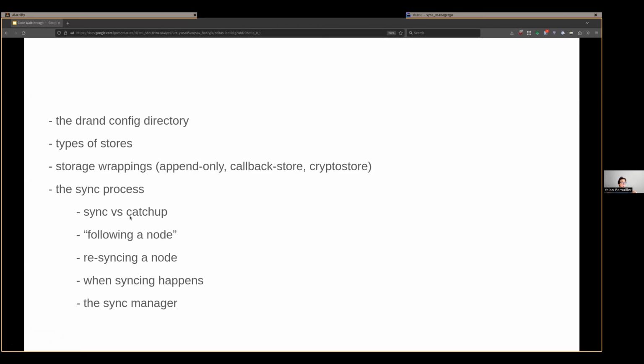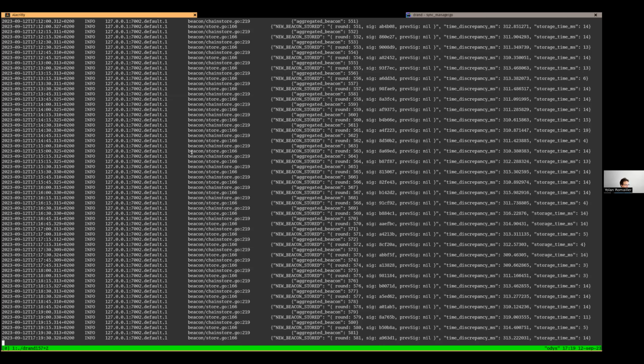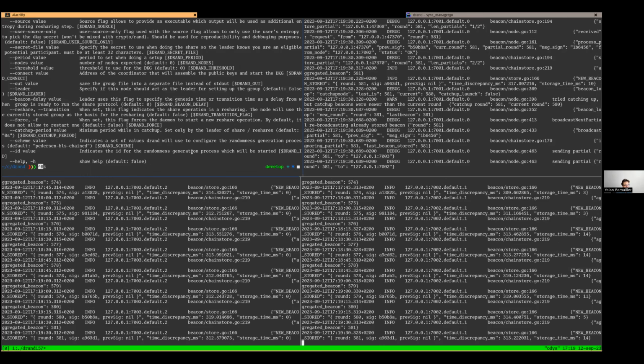So catching up is when the whole network is lagging behind and needs to catch up to the current time. And syncing is when a single node needs to sync with the rest of the network. Now you have this notion of following a node. And that is very interesting if you're running a node as an operator, because when you create your node, right? So you can see here, we got all of these